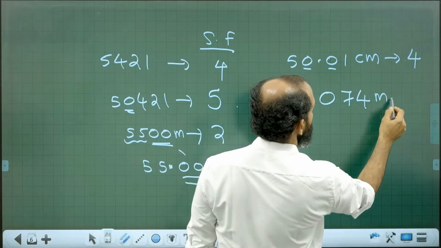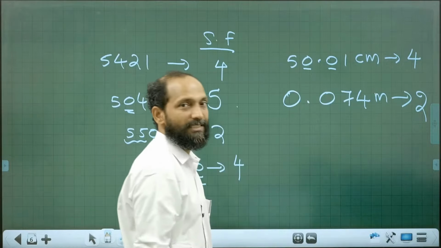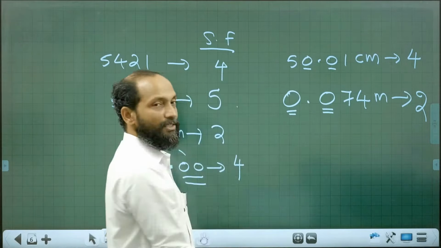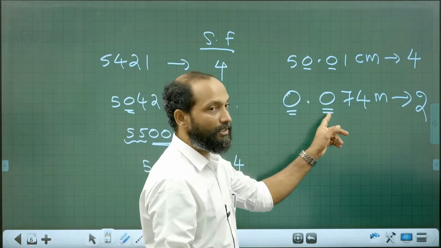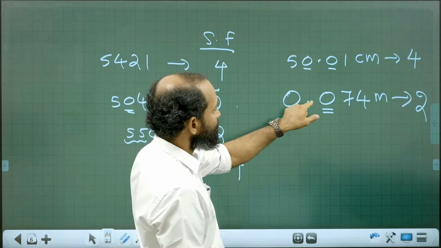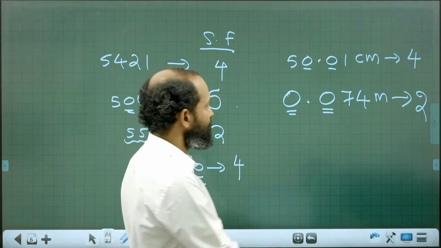0.074 meter. How many significant figures? There are only 2. You are right. Very good. The first 0 is insignificant. The next 0 is insignificant. Why? Because the 0 is followed by a decimal point, but before that there are no non-zero digits. For example,